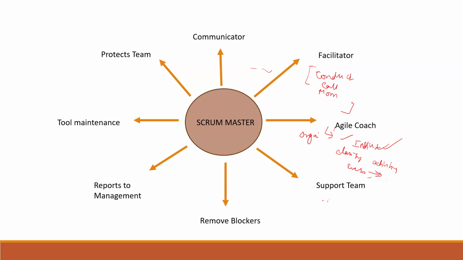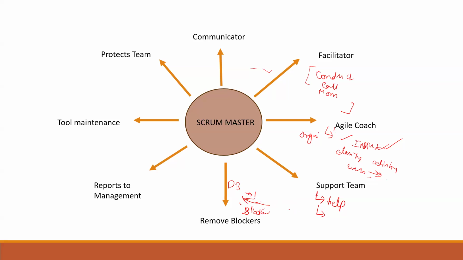You will be supporting the team. If there is any help needed by the team members, then you will be there to help them. You will support the team in case of anything they require. Then, remove the blockers. What do you mean by blockers? Anything that is obstructing their work. Let us say you're working on a project and the DB team is not giving access to the database. That's a blocker to the developers or to the testers. Then you will get involved there, send a mail to them asking them to provide the credentials, follow up with them, and try to remove the blockers.